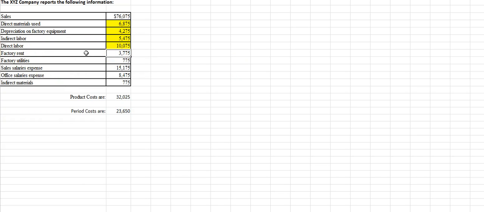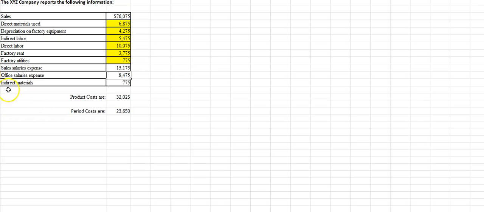They actually touch the product and put it together. Factory rent, again, important. It says factory rent. If it said administrative building rent, the answer would be no. But because it's a factory rent, the answer is yes. This is a product cost. Factory utilities, same thing. If the utilities were for the administrative offices downtown or wherever it is, then it's not a product cost. But because we're talking about utilities for the factory, it is indeed a product cost. Okay? Sales salaries expenses, we know that is a period cost if we look at our charts, so that's not going to be included. Office salaries expenses is also part of